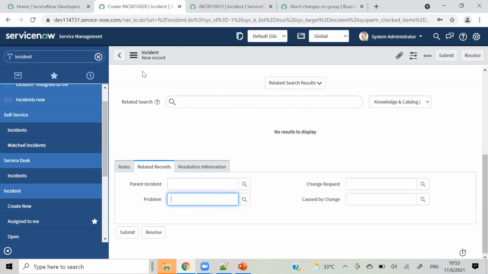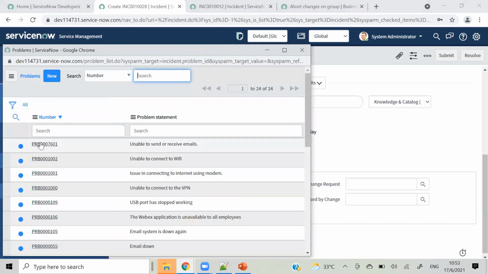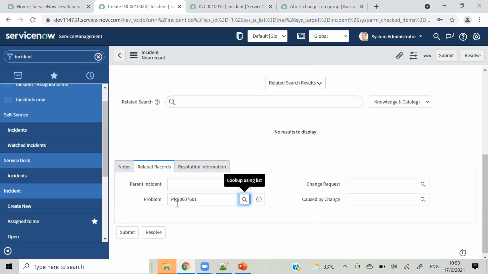In simple words again, we have 100 incidents from 100 different users, and they are saying their networking is getting disturbed. So from 100 users we have 100 incidents. To resolve those 100 incidents, we created a problem ticket because we want to resolve that issue permanently. For example, I am taking one of the already created ones. This is my problem ticket.